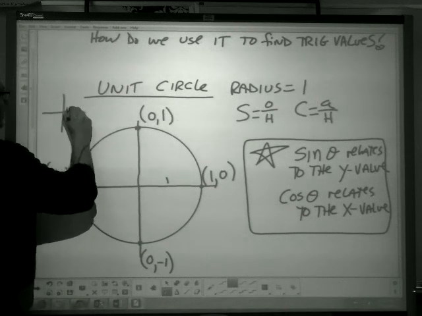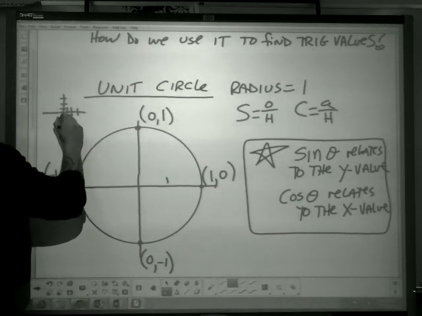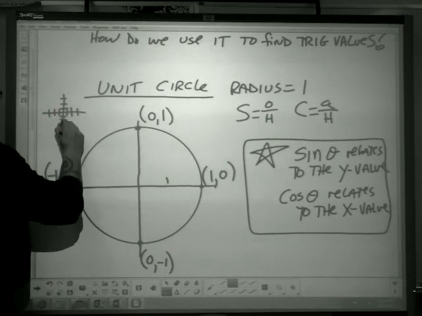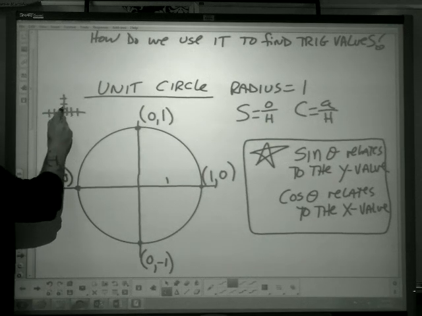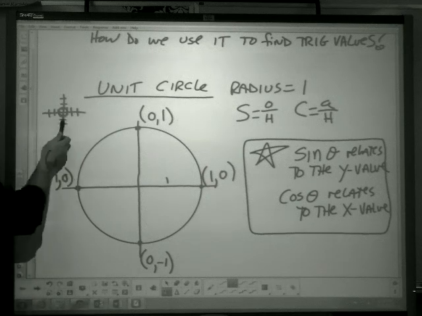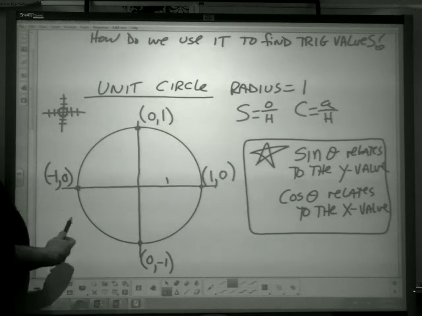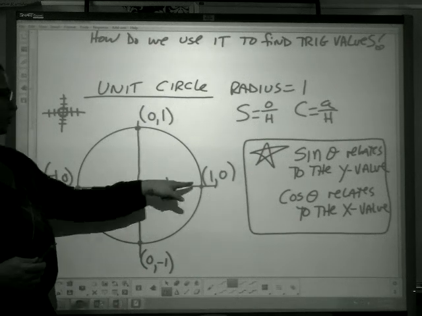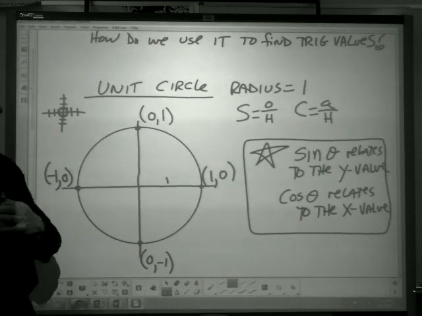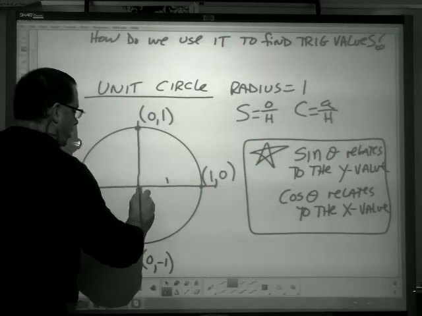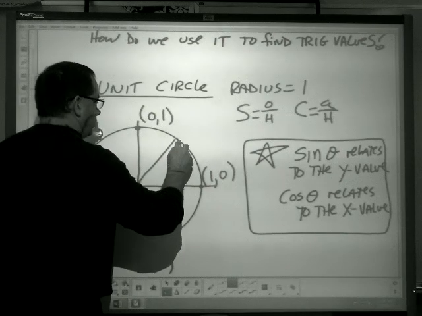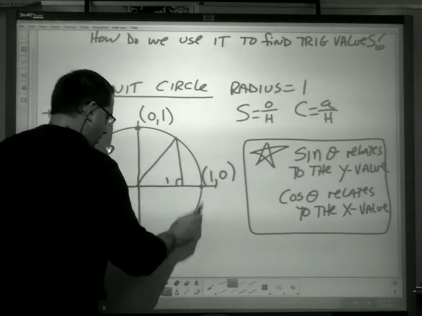It's no different than when I draw a circle. Radius of 1 would be this, but that's so small I can't write anything in there. So I blow it up, and this is what it looks like. It's a unit circle because it has 1 unit of radius. Okay? So what we're going to do is draw a triangle anywhere. I'll just draw it here in the first quadrant to begin with.